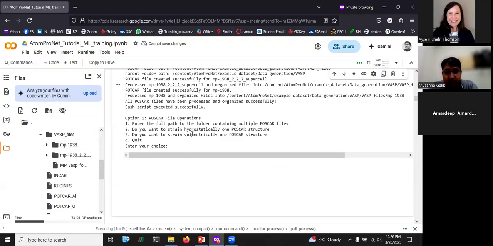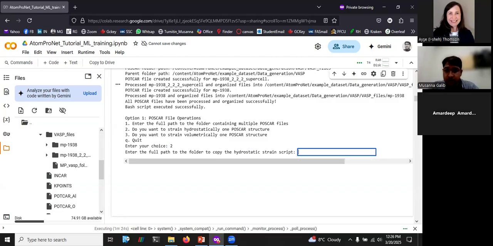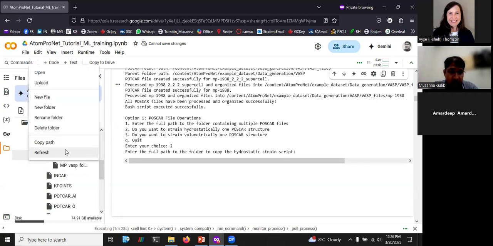There are other options also. Let's say we have a structure and want to change its composition to see how the composition varies. That's something we are currently working on. But let's say we have a sample and want to strain it in different directions to see how the structure behaves under loading. We can do that. For example, for hydrostatic loading, we go for option 2 and copy the folder path from here